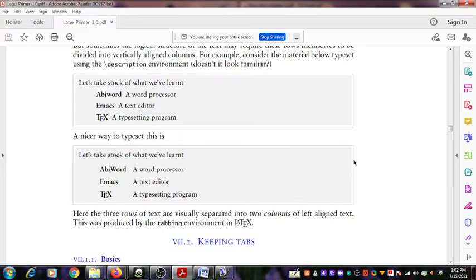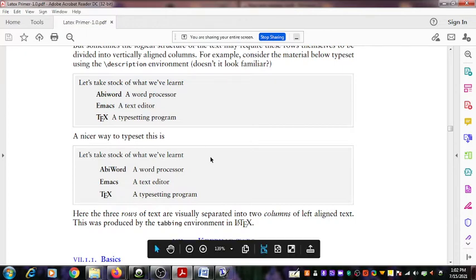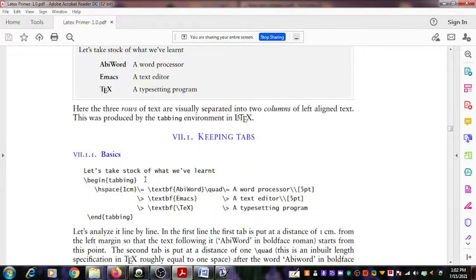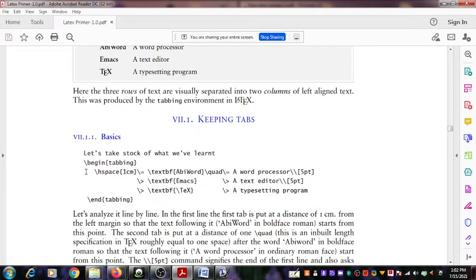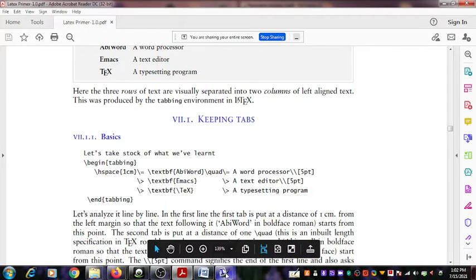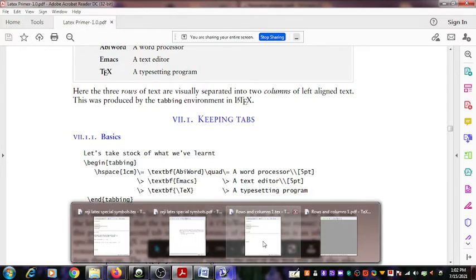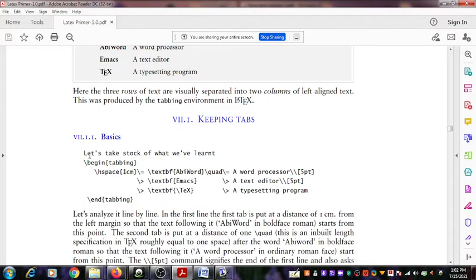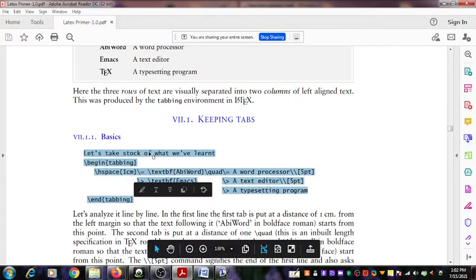Let's consider an output. If you want to create an output which is given in this box, we can write the source code as given here. I will be demonstrating it using the software TeXworks. For that, I want to copy this material into that software. After copying it, I will explain